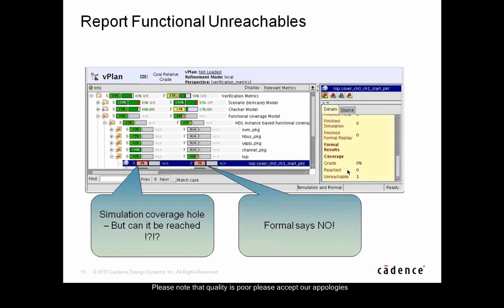You run formal on it, and this shows the formal result, and formal shows 0%, and there's a marker there which says that this is unreachable. This is a status that simulation can never show. Unreachable for an SVA or PSL cover is not something that you can ever get in simulation, and you can see it side by side, and you can say, okay, so this was a hole, and this is unreachable, and I should forget about it. So this is basically a way of achieving the same coverage unreachability flow, but for functional covers.